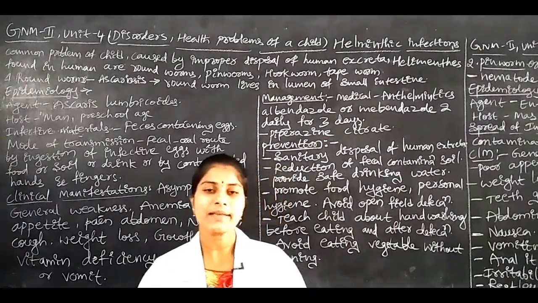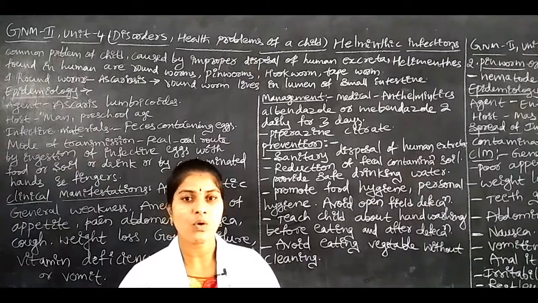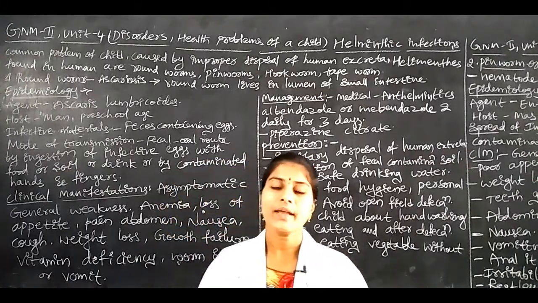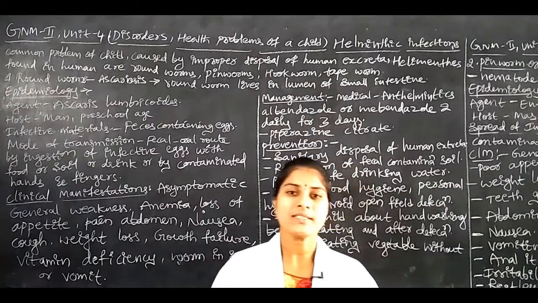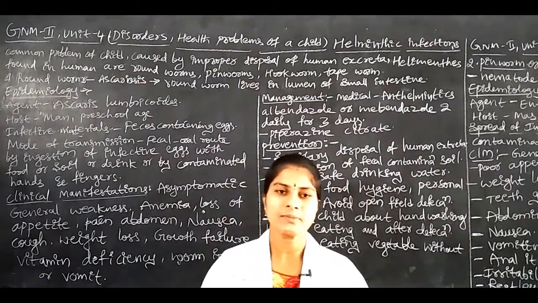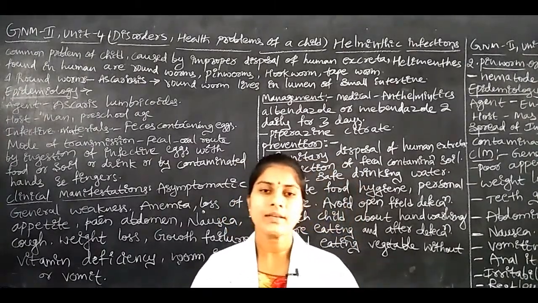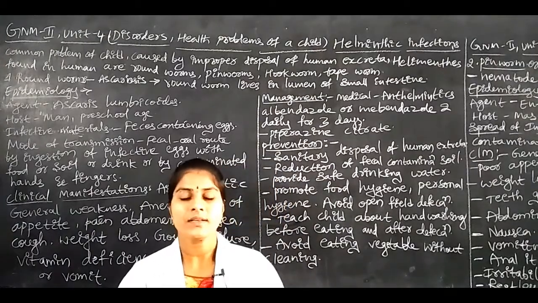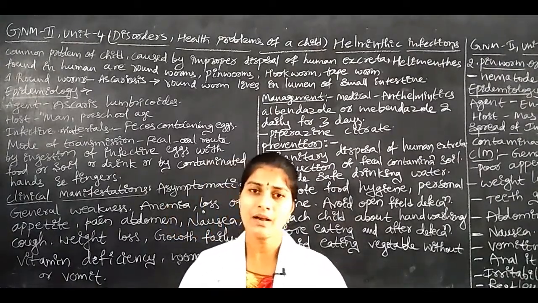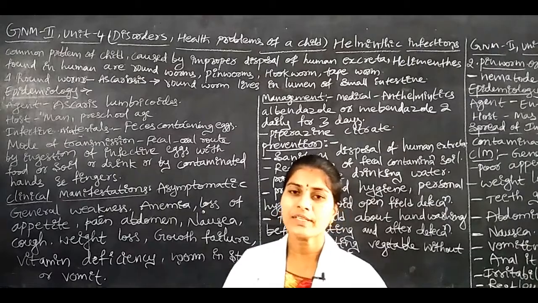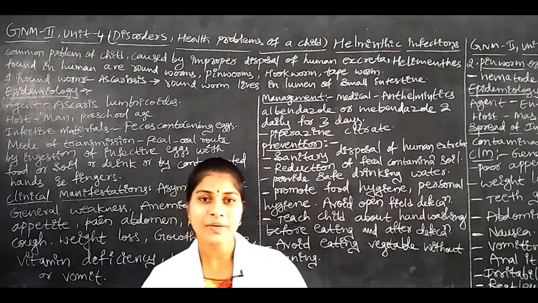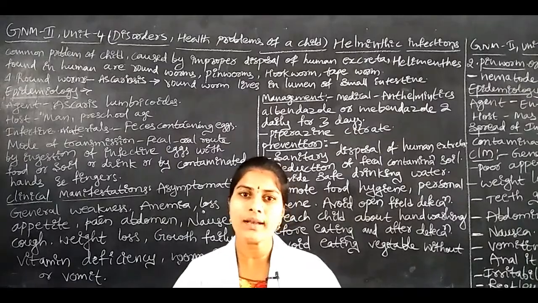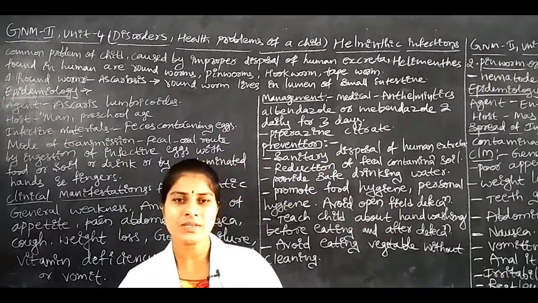Okay, the child will excrete in the outside or open area. In that open-area drainage system, what happens when the child excretes stool? The stool contains eggs, and the eggs are released from the roundworms. After that, the child will be playing with the surrounding soil, or sometimes the child